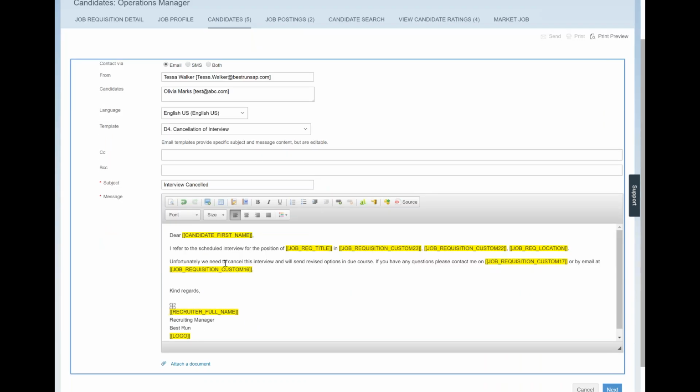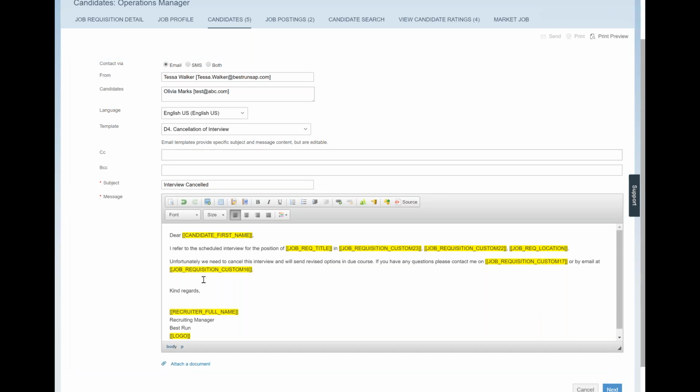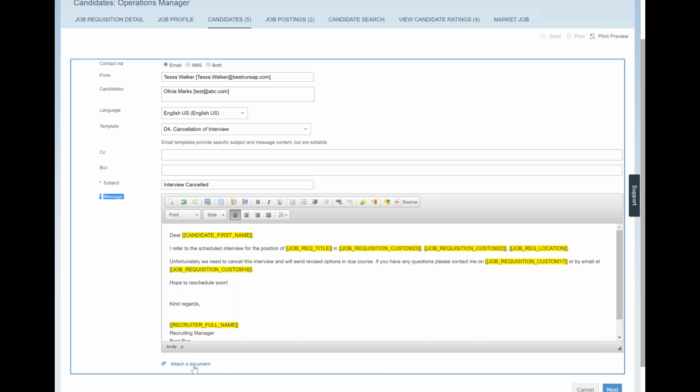Any of these fields that are highlighted with the brackets, those are mail merge fields. So the system's going to fill in those values automatically. Our company logo will be included here, my name and title. If you wanted to add in some additional information, you can do so. And then attach a document as needed and send out.